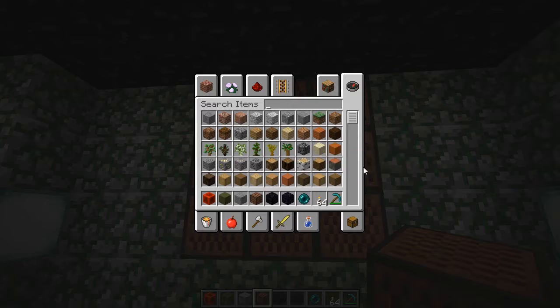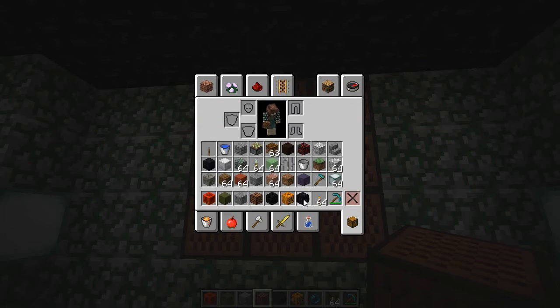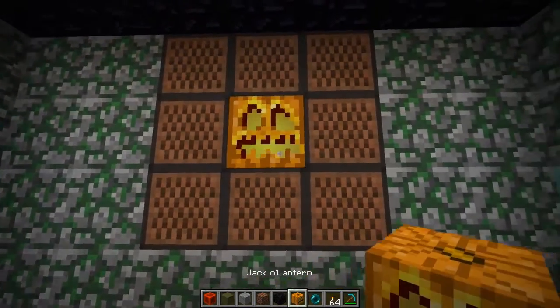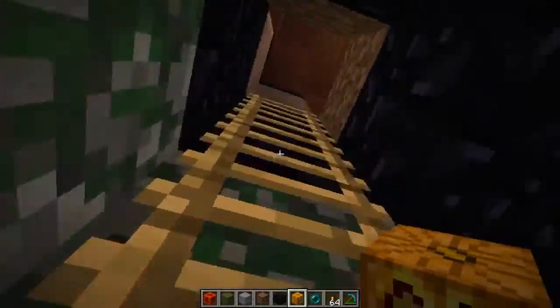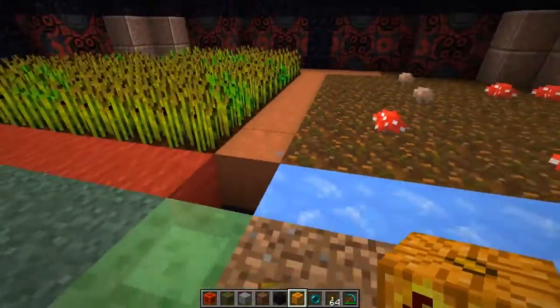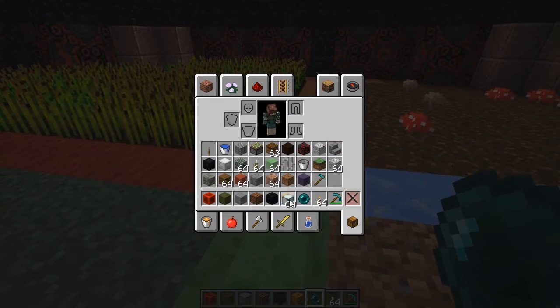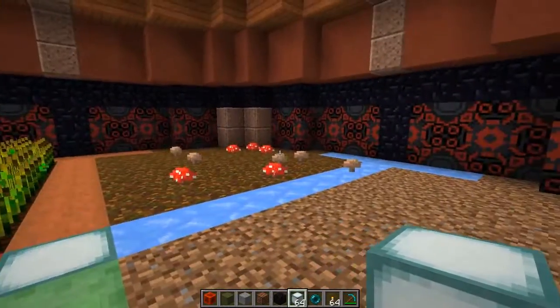What would look good in the middle? What would happen if I put a jack-o'-lantern right here? Just out of curiosity. One jack-o'-lantern. Not bad, which means that since I'm allowed exactly one jack-o'-lantern, this has to go. But we could put a sea lantern right here. There you go. And that'll still...